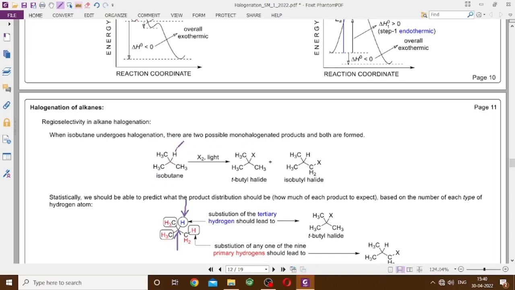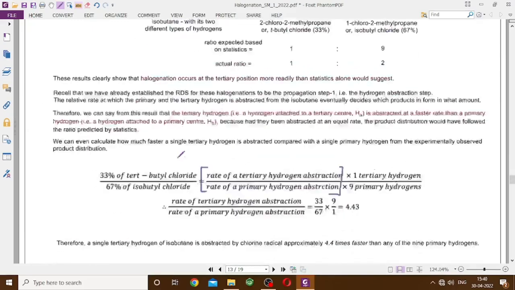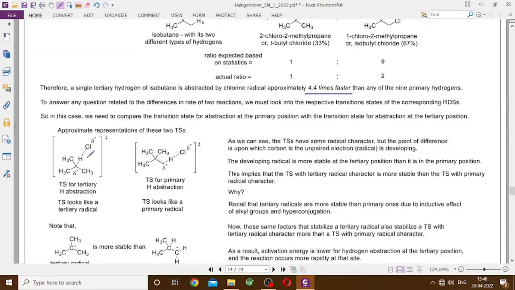So if this hydrogen is being abstracted, it will lead to the tertiary butyl halide. If this hydrogen is being abstracted, then this will lead to the isobutyl halide. Let us inspect these two transition states where the dotted lines represent partially broken or partially formed bonds. We have a disappearing radical center on chlorine, and on the organic hydrocarbon we are getting at some point a